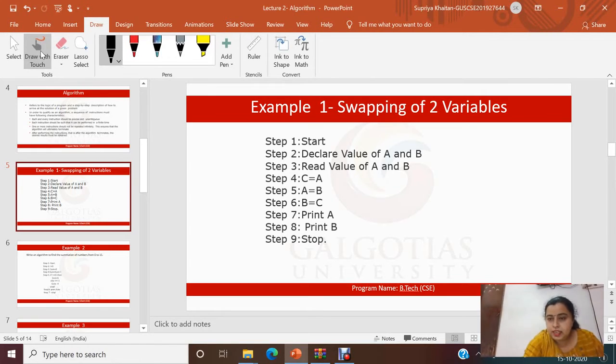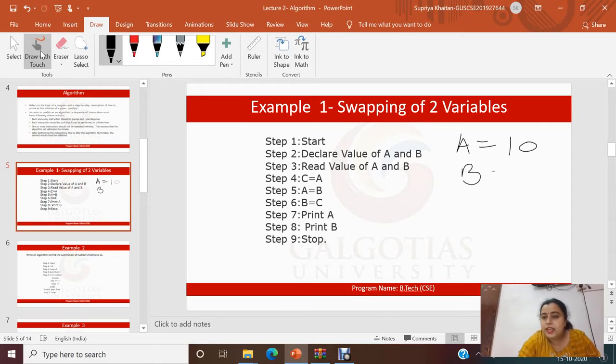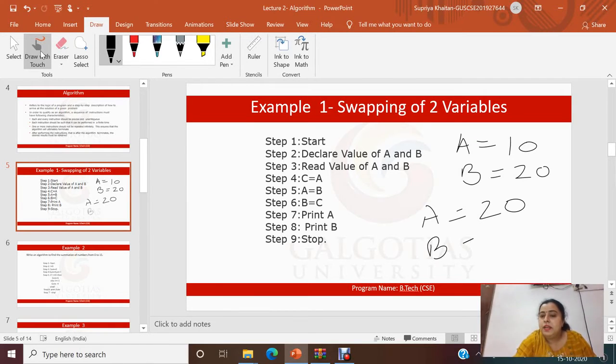Let's say we have two variables A and B. The question says that if A is equal to 10 and B is equal to 20, we need to swap them in such a way that A will become 20 and B will become 10.